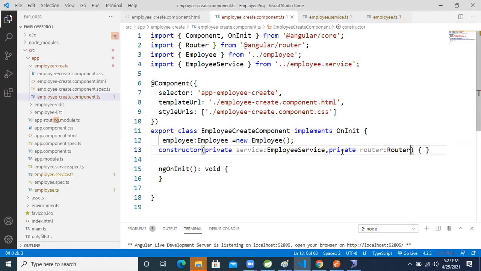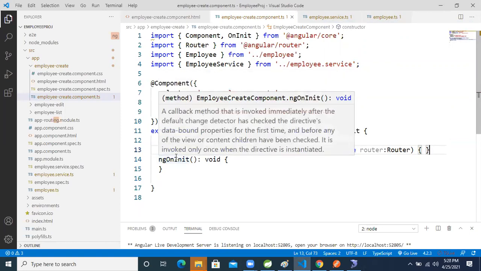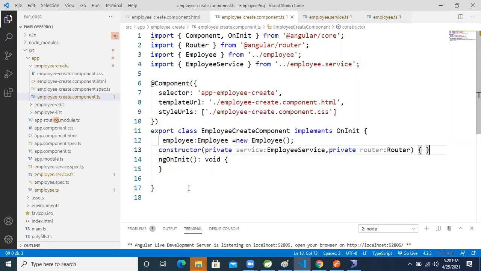So now that part is completed. Till now things are done. Next, same thing, we will load it in ngOnInit. Because the first time we are saving the data, we are not getting a list of data. So what do we need to do now?